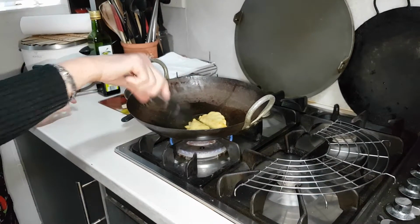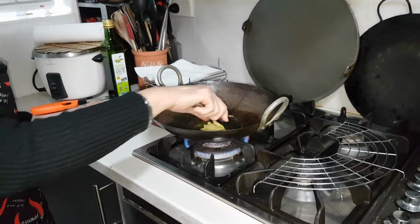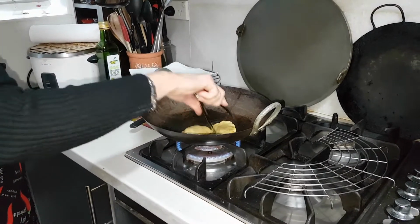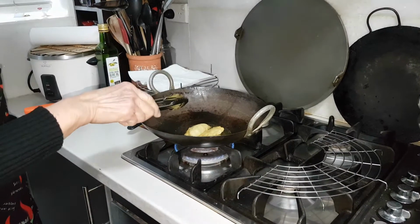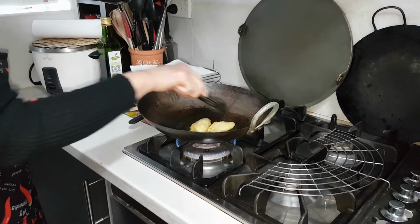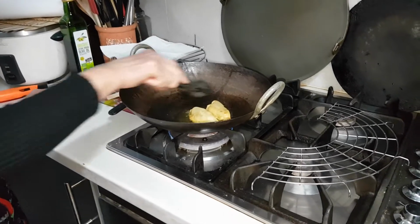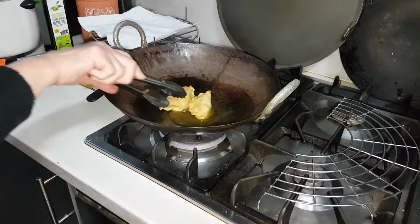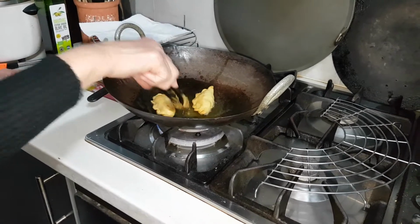Increase the temperature a little bit. The filling is already cooked inside. So the main thing now is just to cook the pastry, and we don't want to burn the oil. So just watch the temperature of the oil and regulate your heat. This comes with constant cooking skill. If you cook every day, you know exactly what to do. If you don't cook every day, then this will just burn straight away. Everything is practice. You can see the pastry is getting cooked,